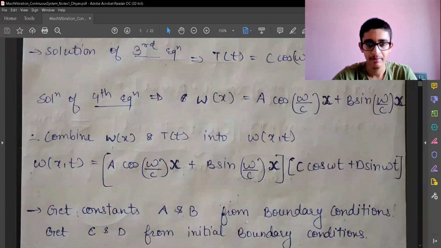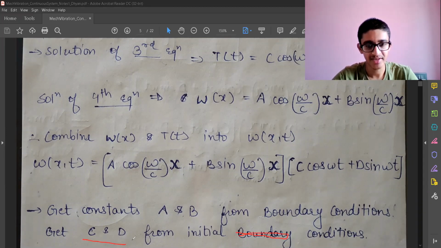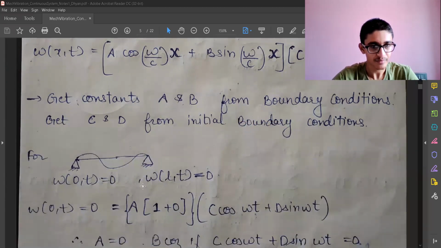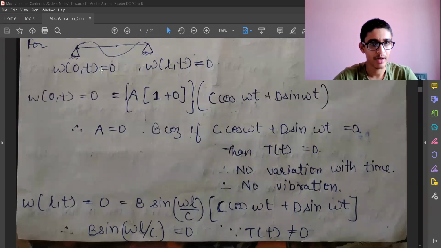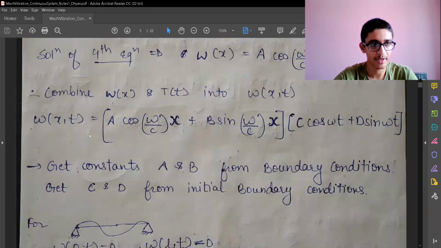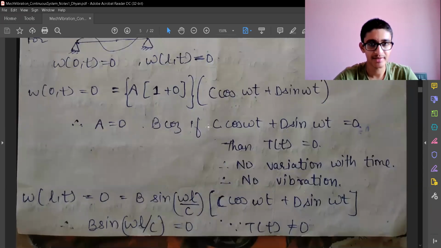Here we need not say boundary conditions. They are going to be a function of time, so they are just coming from the temporal coordinates or initial condition. So we can have different conditions. If I take a condition where the displacement is zero at both the ends, that is, it is simply supported or pinned at both the ends, then these are the conditions. When I put these conditions back in my original equation of w of x comma t, I'm getting two brackets.